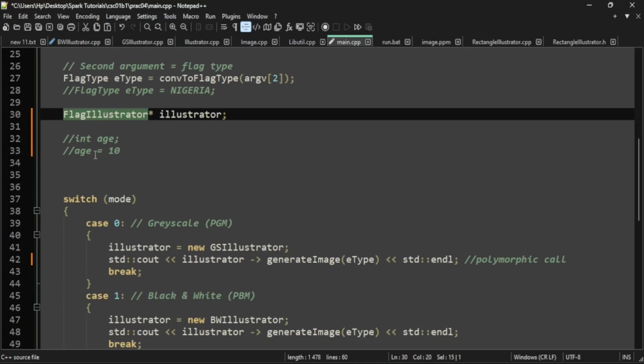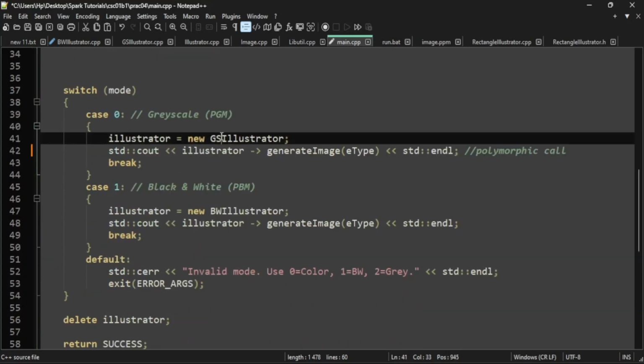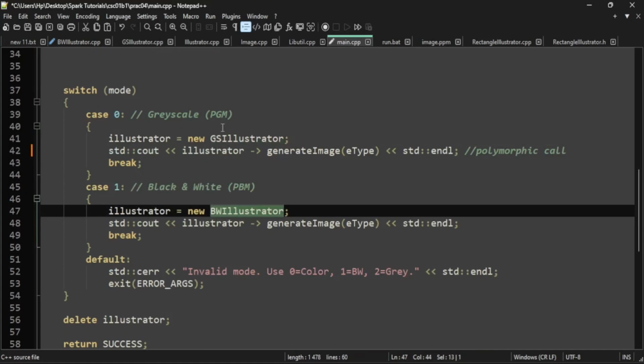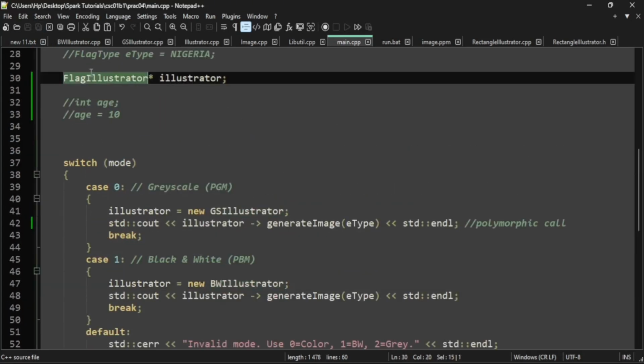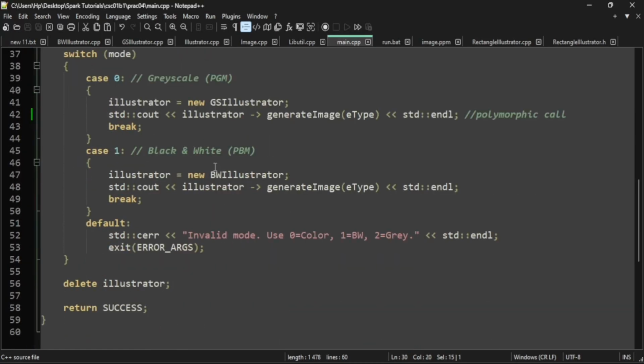So your homework, after you have done this and it's working, is that you must add another illustrator. You can just call it C illustrator for color illustrator. And when you generate the image, that illustrator must now create or bring back or print the color image. Does that make sense? It must now print the color image because the color part was handled by the base class, and now we cannot create an instance of the base class. So we need to create a derived class that's going to handle the color part,